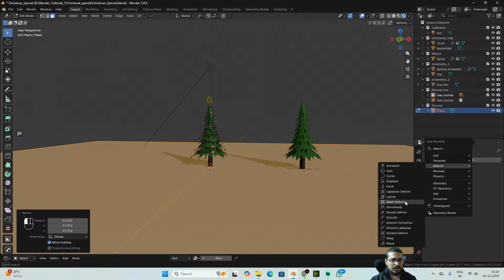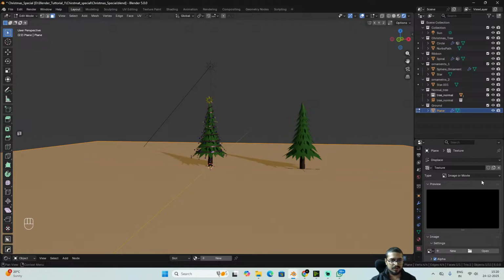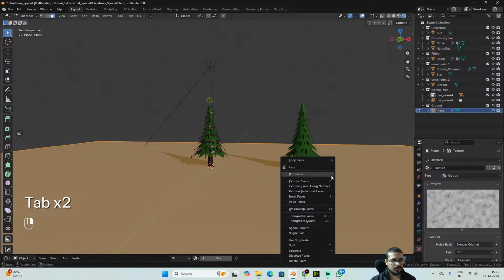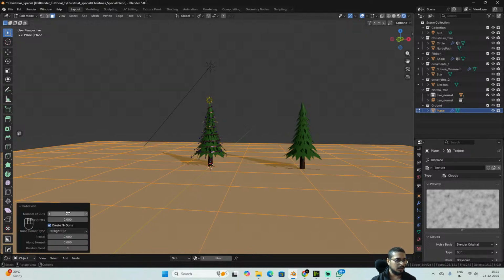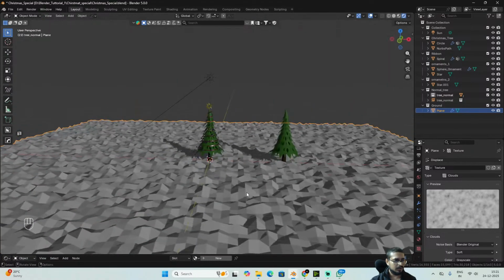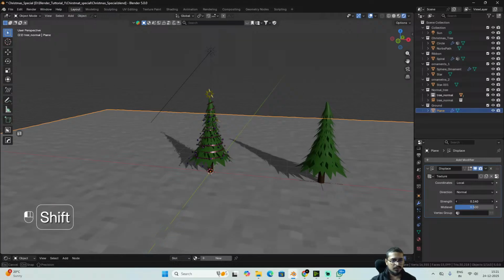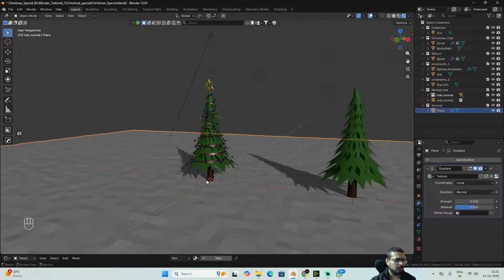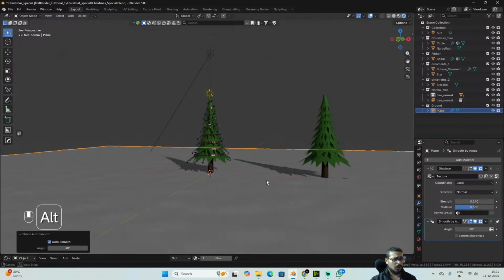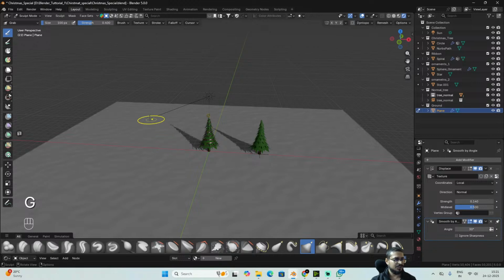a displace modifier, sorry, not decimate, displace. We'll add a texture called clouds, and we need to subdivide this as well. I'll make it 10 or maybe 100 would do. So it's somewhat like this, which is seriously bad. We'll turn the scale down to somewhere 0.145 at least, and then I'll change it to shade smooth and go to sculpt mode, press G,